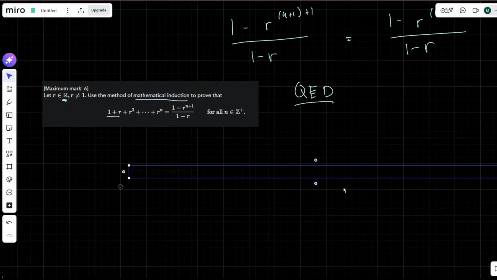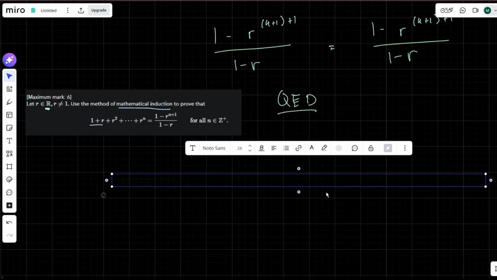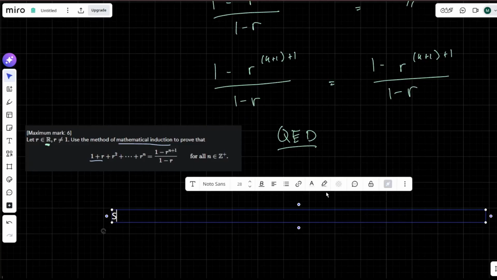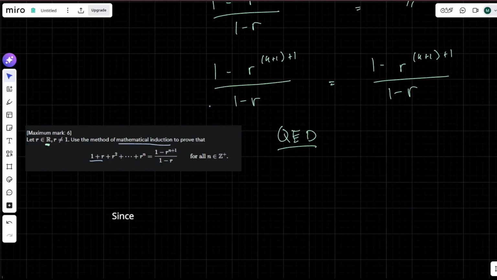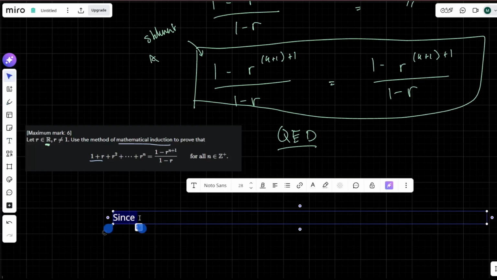I'm doing this by typing it because there's no way you're going to be able to read my handwriting. So why do we know that this is true? So we've established, since, I'm going to label this for my own values, statement A. If I was using a pen, I would probably just write it out again. I would say since statement A is correct, since statement A is an identity